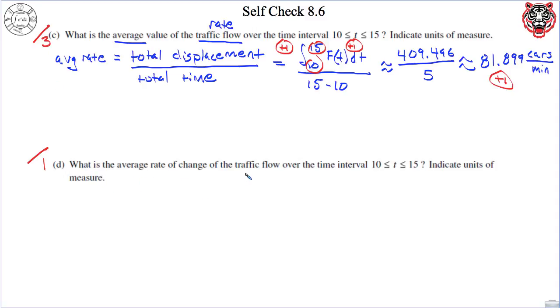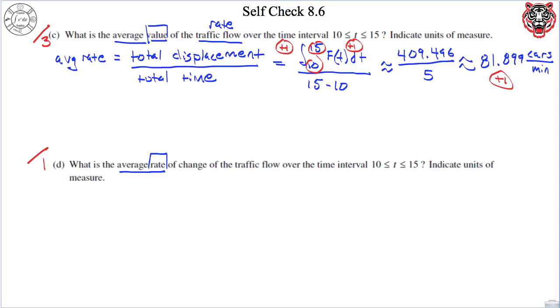What is the average rate of change of the traffic flow over the time interval from this to this? So now I'm looking for average rate of change of the traffic flow. So this is different. I should not use red also. So the distinction between C and D is very slight. So this is the average rate and then the average value. So these keywords here,